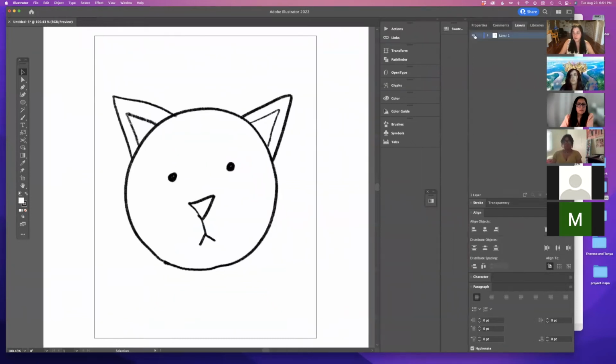I'm going to show my layers here. If you don't see something on the side that says layers, there are different ways you can set up your workspace in Illustrator. I'm more of a floating panels person, where I'm really kind of messy, and I'll have my swatches over here and my tools over here. Every once in a while, you can see my gradient palette floating out over here.